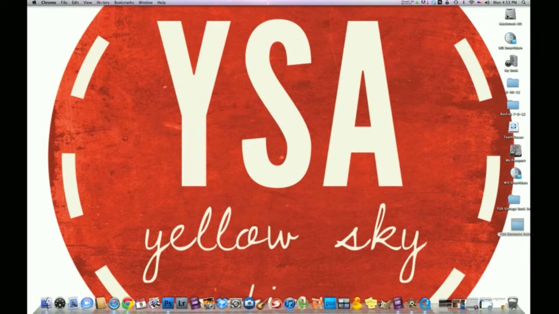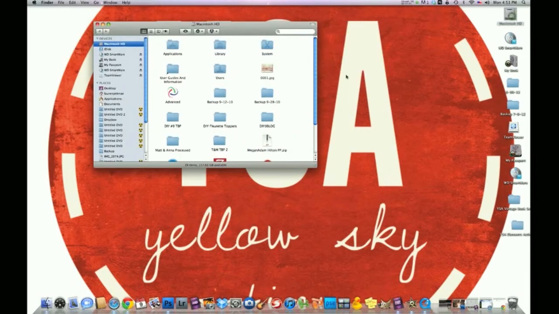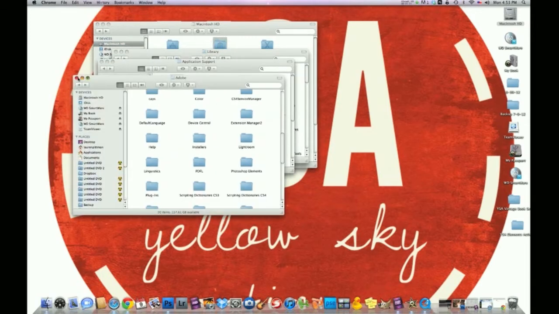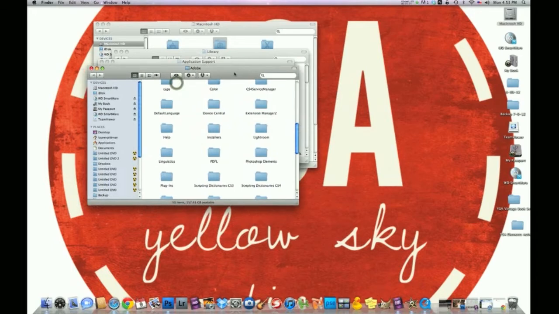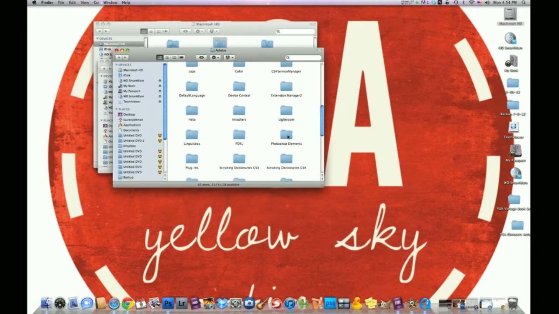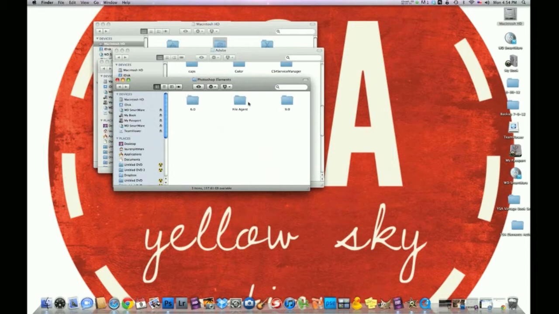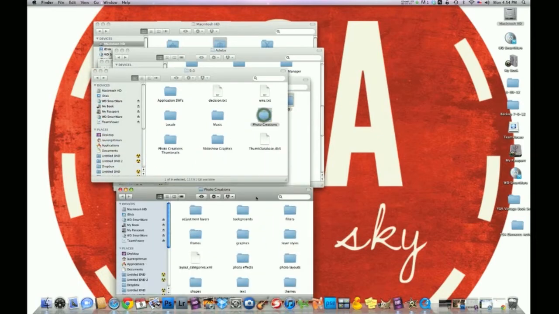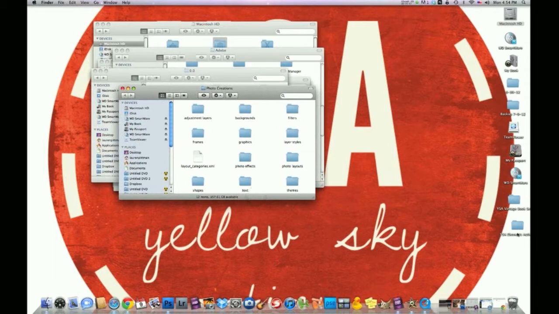Alright, so the next step, you're going to click on this Macintosh HD or your hard drive, whichever you're on, a PC or a Mac. You're going to want to go to Library, Application Support, Adobe, Photoshop Elements, and for this tutorial we're going to just use Photoshop Elements 9, but this works exactly the same way for 6 through 10. You're going to click on 9, Photo Creations,